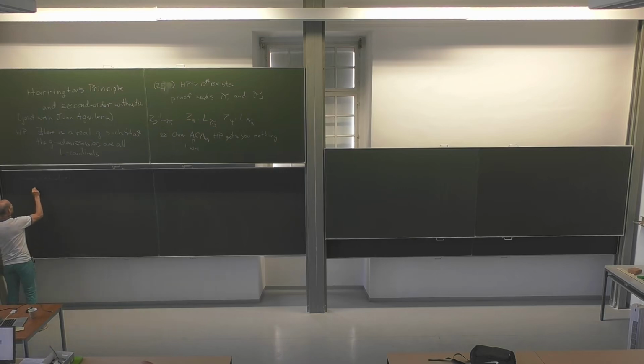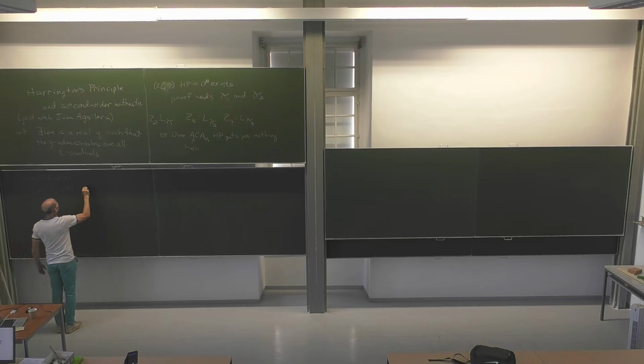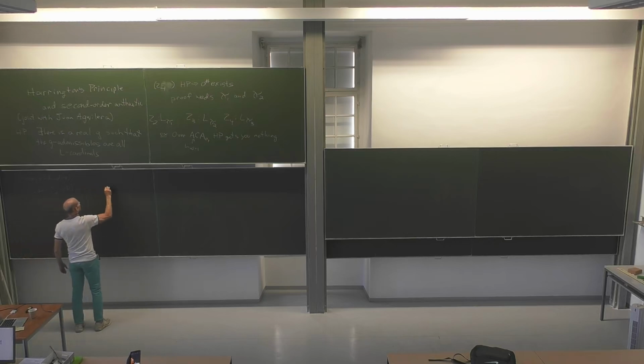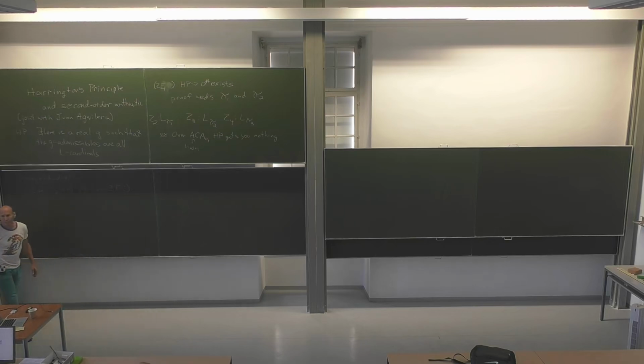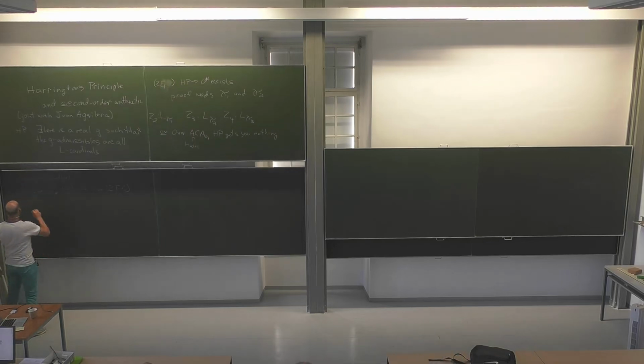Another theorem that they showed is they got the equiconsistency result between second order arithmetic and Harrington's principle with ZFC. So, okay, I mean, ZFC goes beyond Z2, but it's a lot less than zero sharp. So what